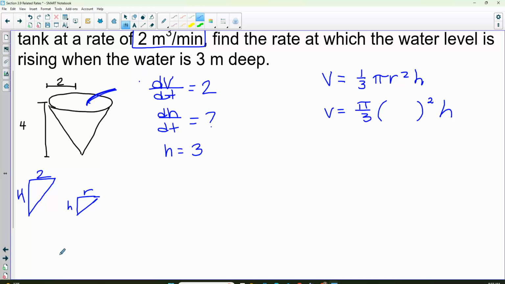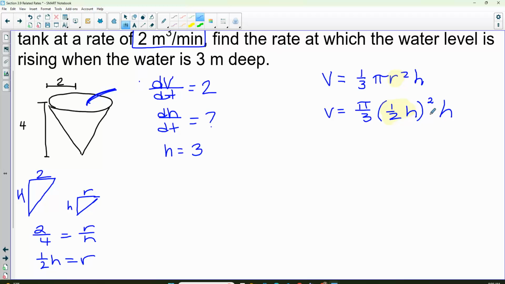These would be similar triangles, right? So we could set up a proportion. So like 2/4 equals r over h. If I'm looking for my r, I just multiply by h over, so 1/2 h is equal to r. So at any given point, the radius is going to be half the height. That's useful because I didn't have dr/dt, so I needed to get rid of r. So I'm going to change r